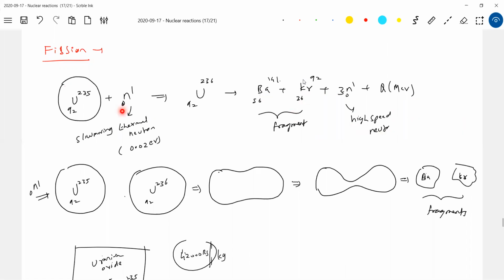For the nuclear reactor, what is essential? Chain reactions should occur. You just start the reaction and it should continue. For that purpose, these neutrons become very important. I should be able to control the amount of fission, and also, if required, I should be able to stop the reactor. If I remove all the neutrons from the reactor, the fission will stop. It's all about these neutrons, nothing to do with uranium. Based on how you manage these neutrons, the reactor will work.